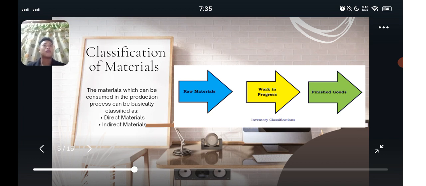The term inventory refers to all raw materials, work in progress, and finished commodities together. Although the terms material and inventory are often used interchangeably, material typically refers to raw materials, while inventory refers to raw materials, work in progress, and finished goods. In this process, raw materials go to work in progress, and the final is finished goods. So, that's for classification of materials. Next one is